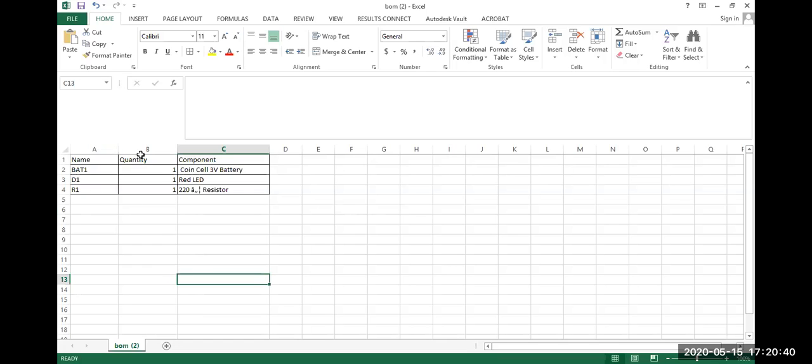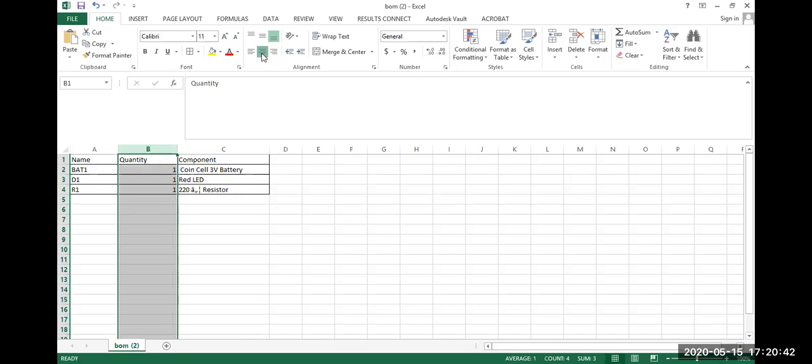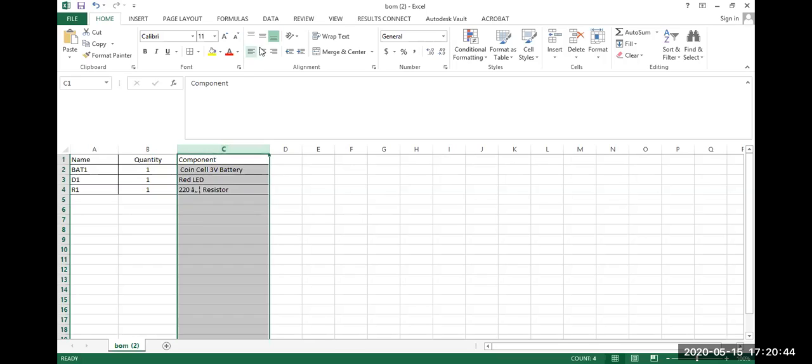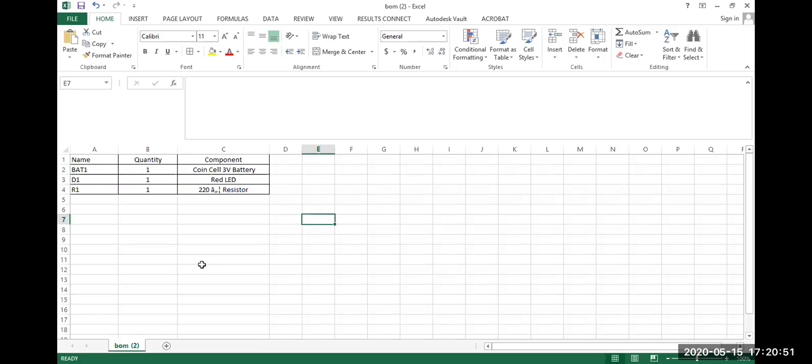You can see the name, then the quantity, then the components we are using in the circuit, that is coin cell 3-volt battery, red LED, and 220 ohm resistor. In this way, you can convert your component list into a CSV format.